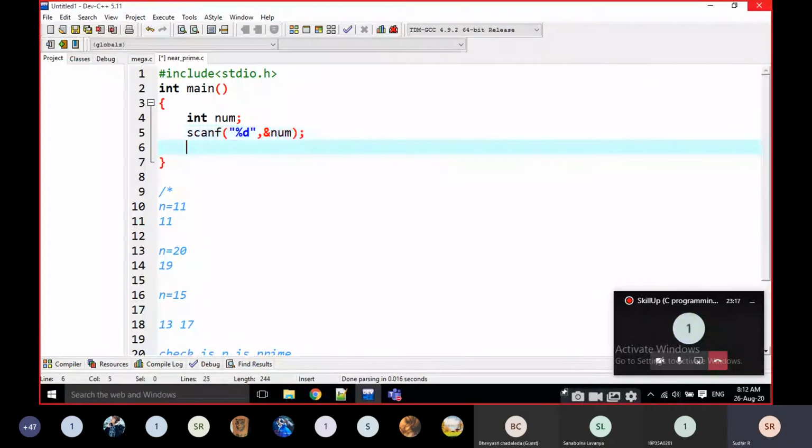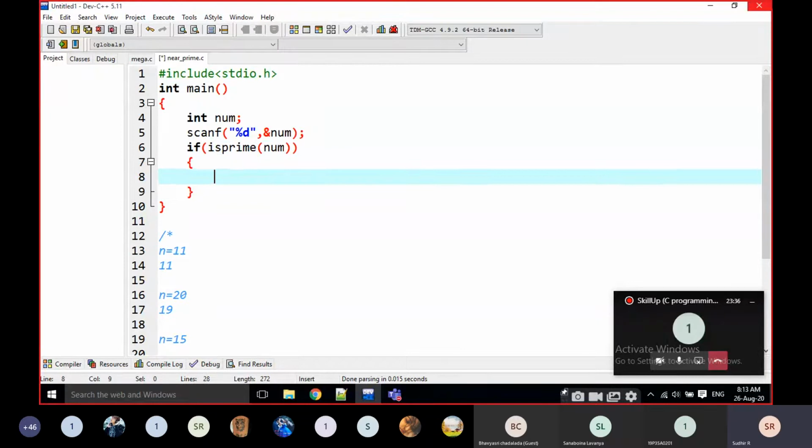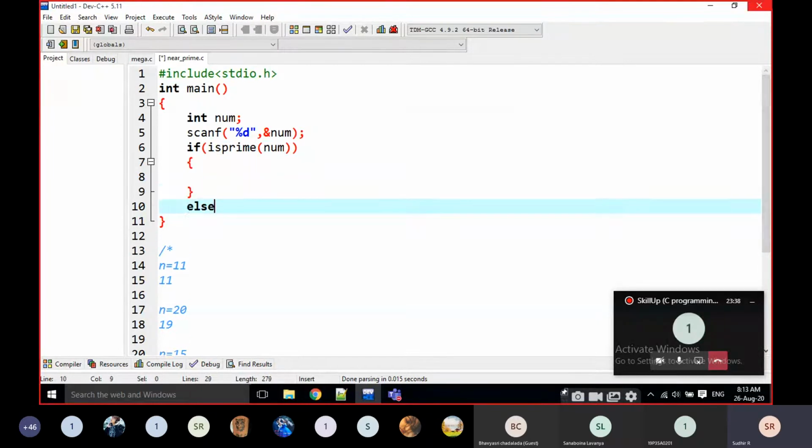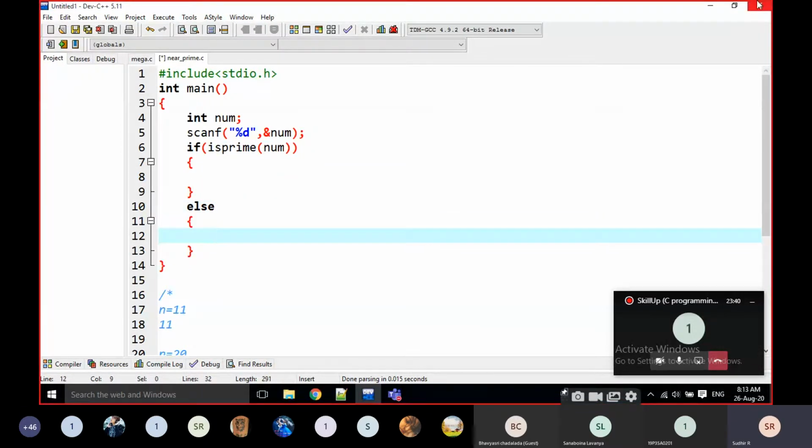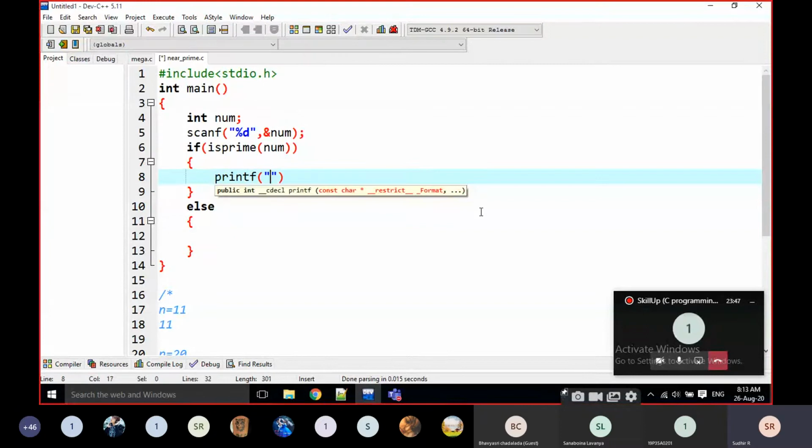Now, first of all, I am going to find whether it is prime or not, using the is prime functionality, is prime of num. In the if statement, if it is prime, there is no problem, right? The output is simply printf %d comma num. That's it, nothing else.